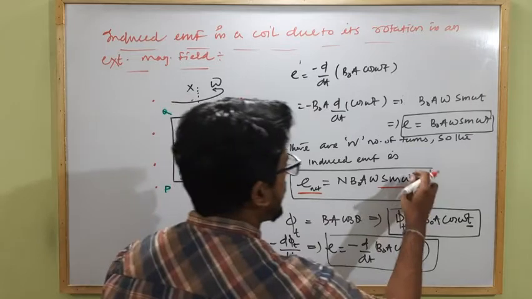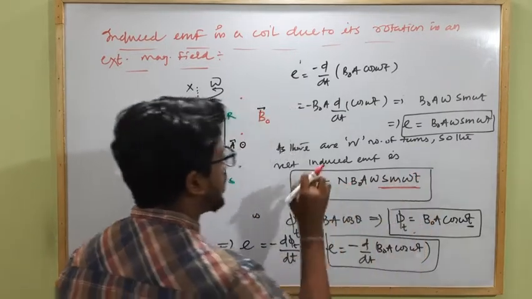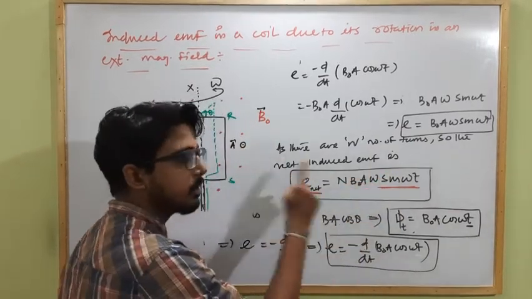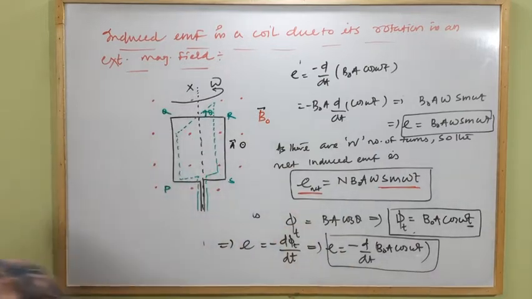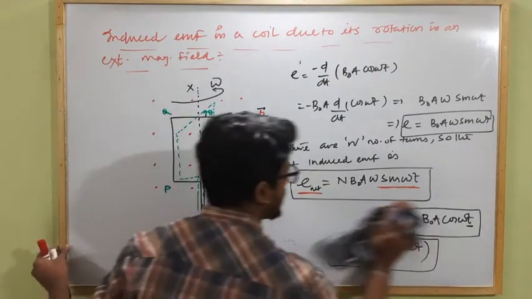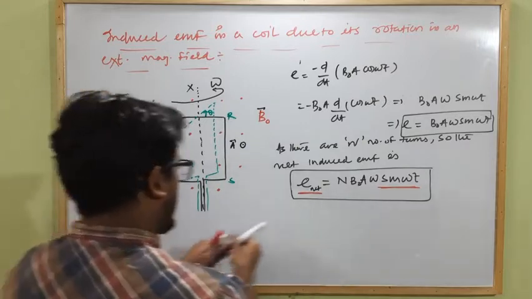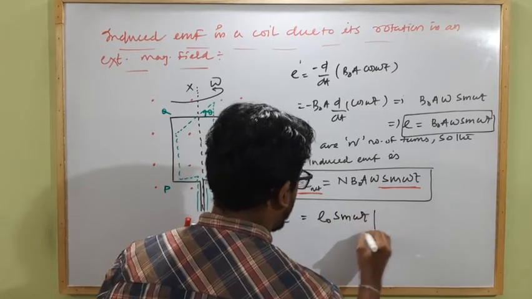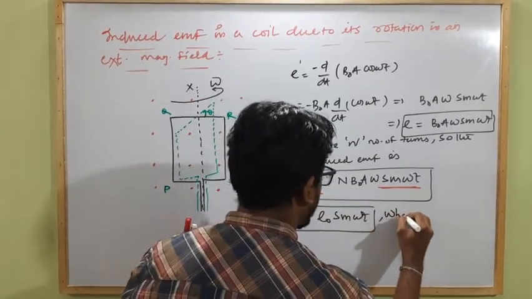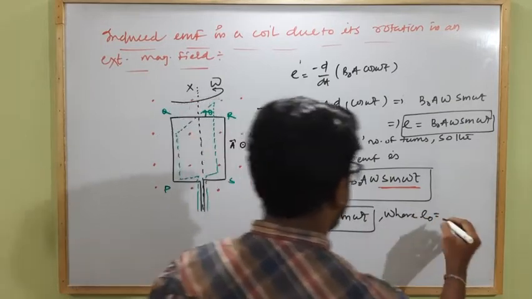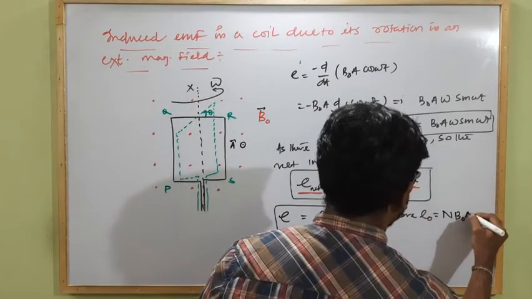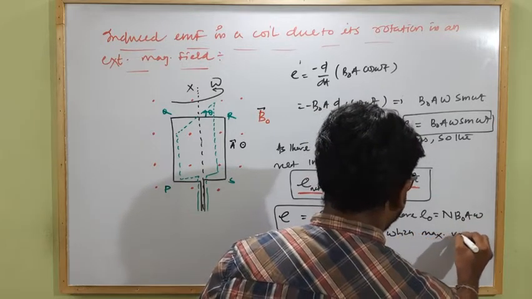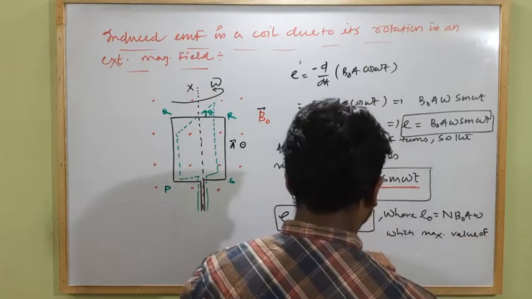Clear? So if we put different values of the instantaneous time here, we will get different values of the induced EMF, and this is the expression for induced EMF within the coil due to change in its flux at any instant of time t. This can also be written as E induced equal to E naught sin omega t, where E naught is equal to n B naught A omega, which is the maximum value of induced EMF,